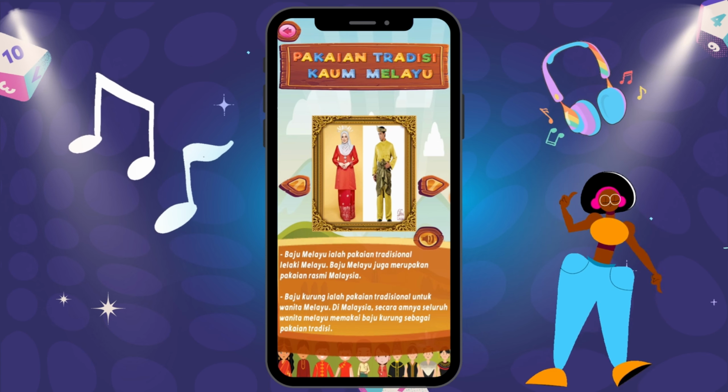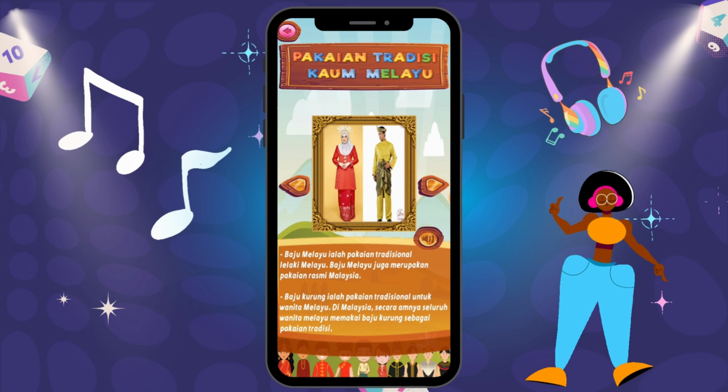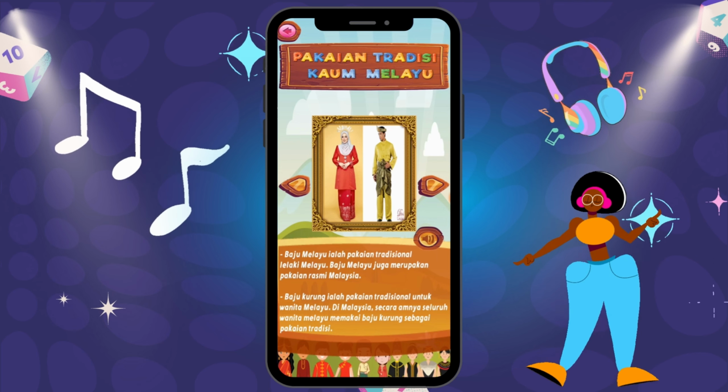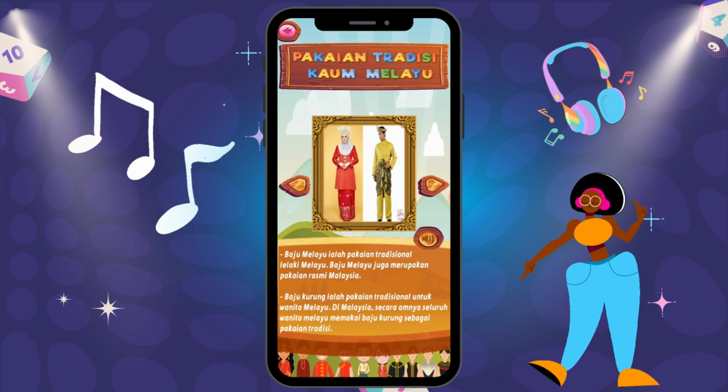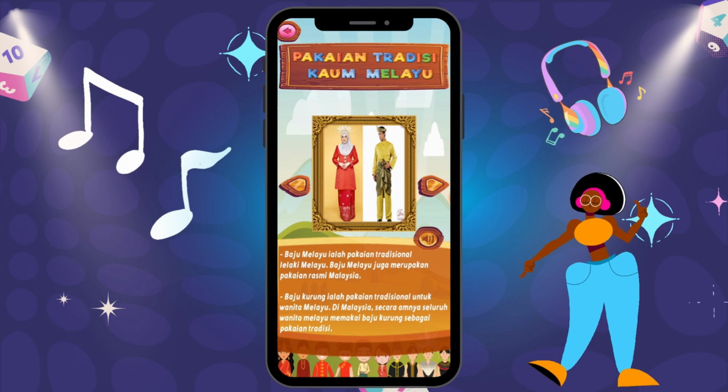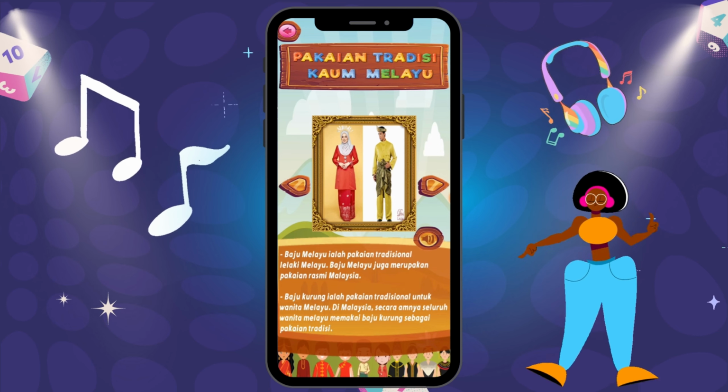Pakaian tradisi kaum Melayu. Baju Melayu. Baju Melayu ialah pakaian tradisional dan kebangsaan lelaki Melayu. Baju Melayu juga merupakan pakaian rasmi Malaysia. Baju kurung. Baju kurung ialah pakaian tradisional untuk